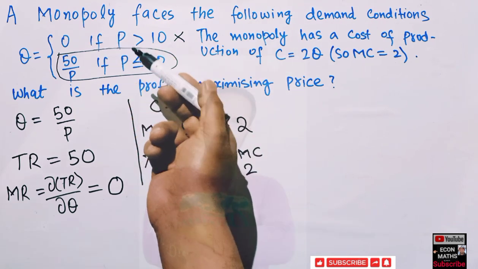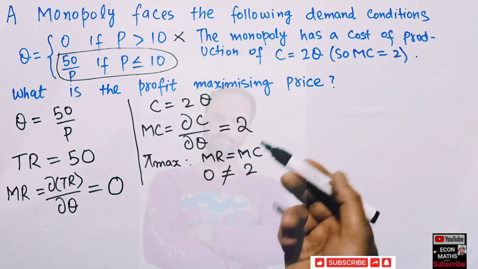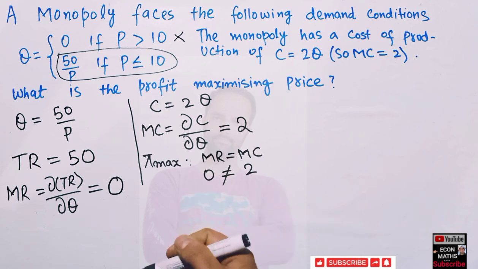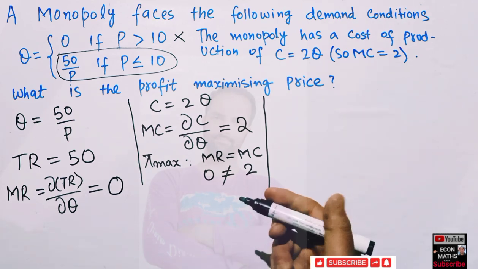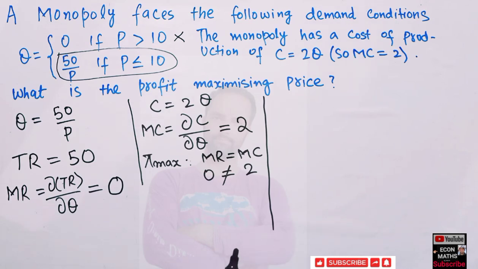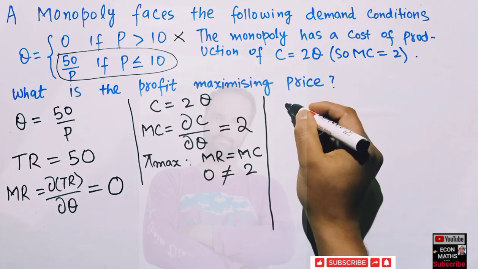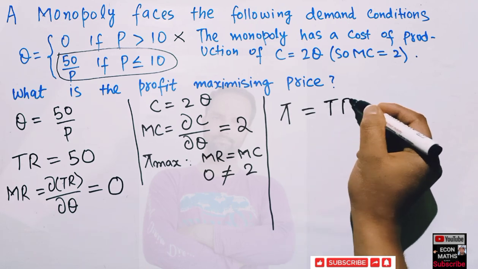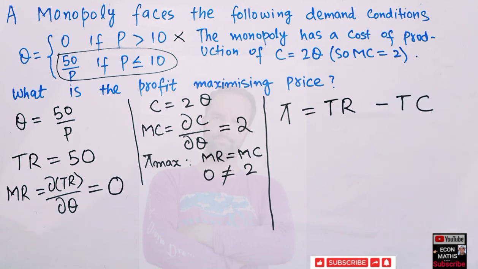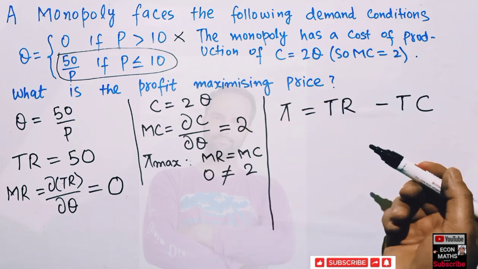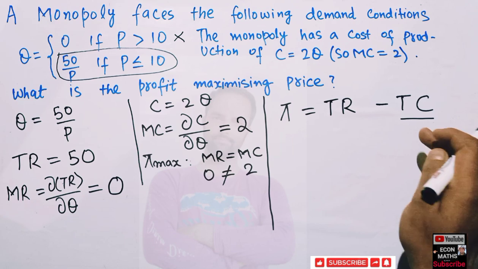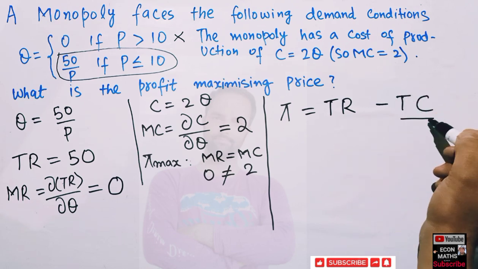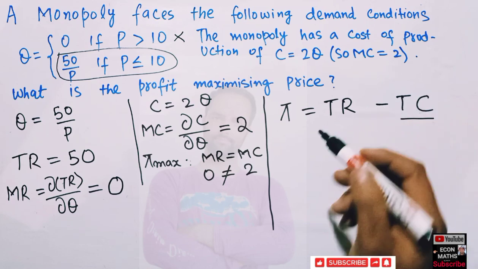So if we solve this very question by the usual marginal revenue equals marginal cost method, then obviously we will not get the answer. So now let's try to figure out how we can find the profit maximizing price. For that, what is the profit? Profit is given by total revenue minus total cost. The difference between total revenue and total cost gives us the profit. So the maximum profit will be obtained in this question when the total cost is minimum. That means when this term is least, then total revenue minus the minimum cost will give us the maximum